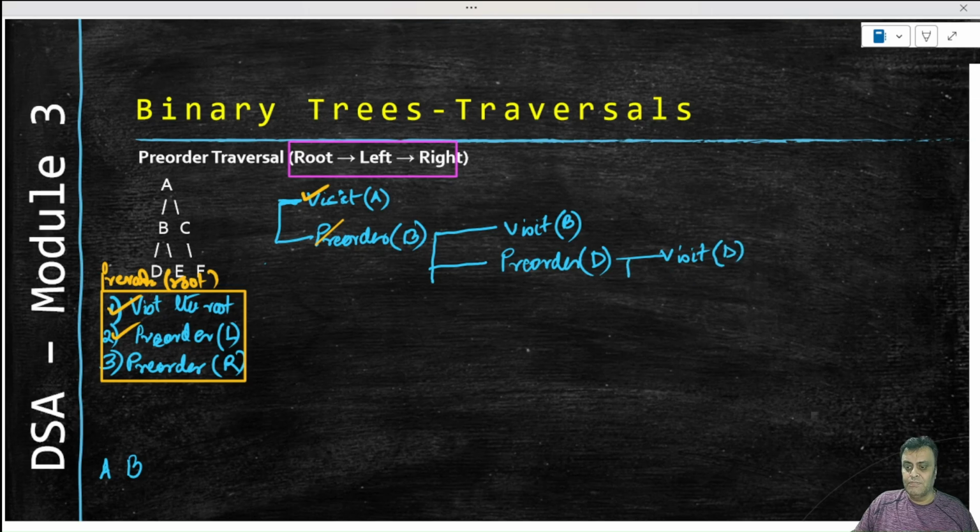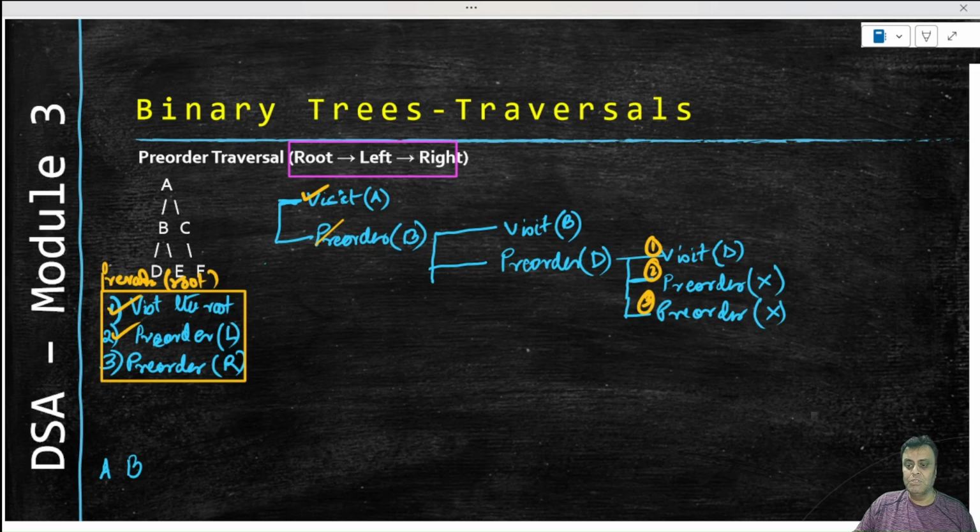Now after this visit of D, this will actually fire, which is going to say pre-order of a null, because D doesn't have any left. Then it will say pre-order of the null, which is basically the right subtree of D, which is not there, right? So that means that step 1, 2 and 3, this is step 1, 2 and 3 for D is